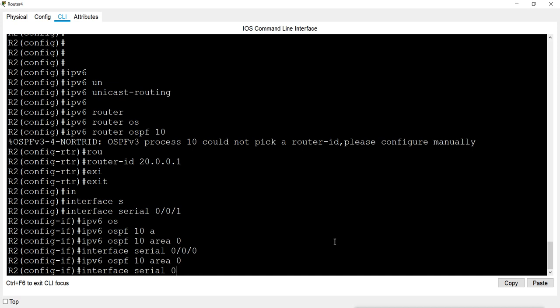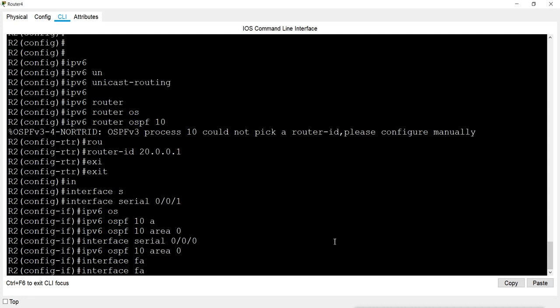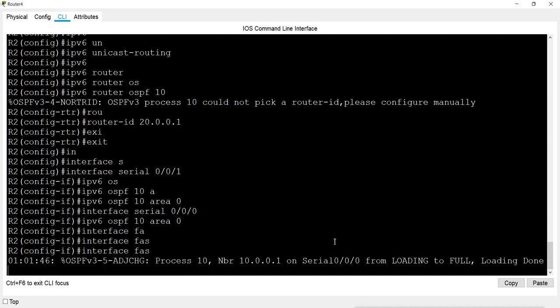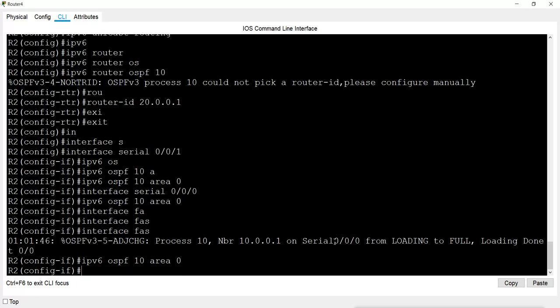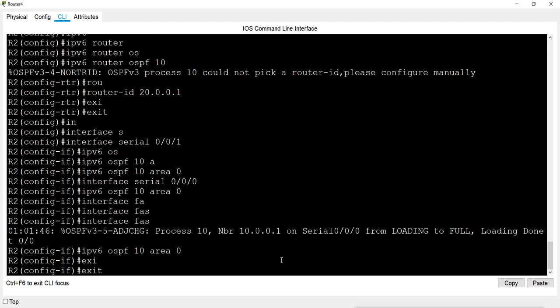And then on the FastEthernet port, the same command. And you can see it is doing the adjacency and creating the neighbors and using the router ID which we have mentioned. This one is also done.